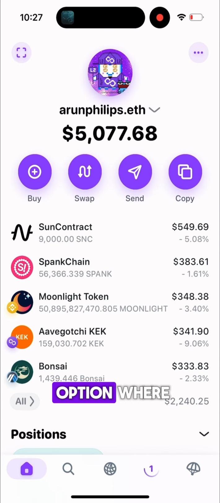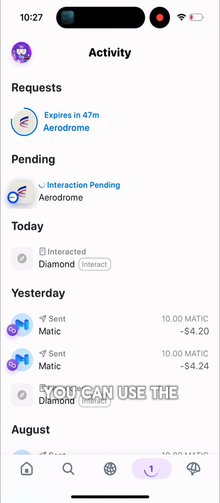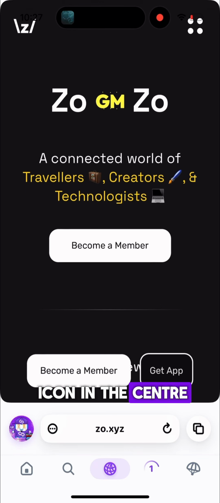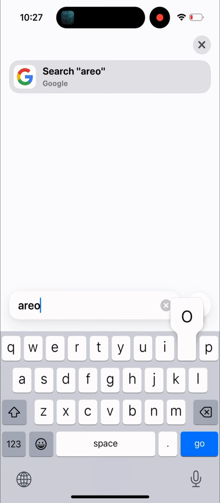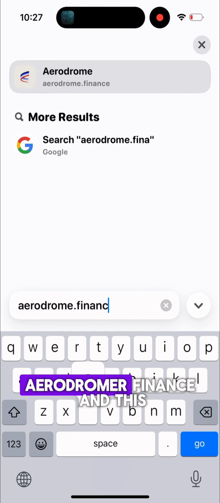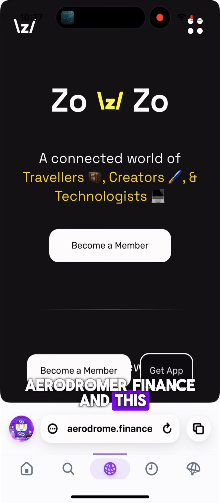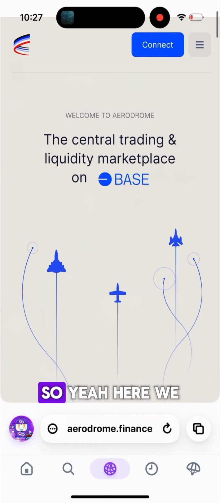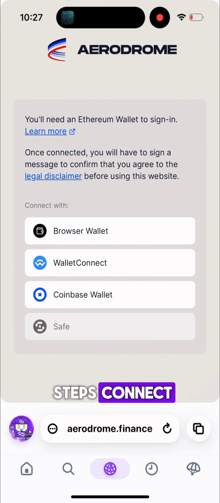So there is another option where you can use the inbuilt browser in Rainbow. So if you look at this icon in the center, the globe icon, just hit in the URL here, aerodrome.finance, and this should be much easier than doing it in another browser. So yeah, here we go through those same steps. Connect,